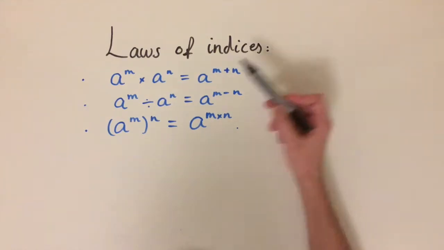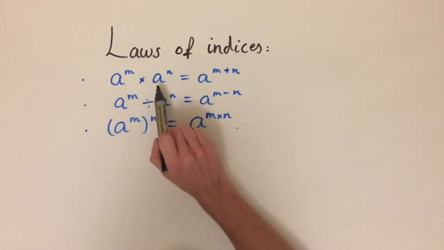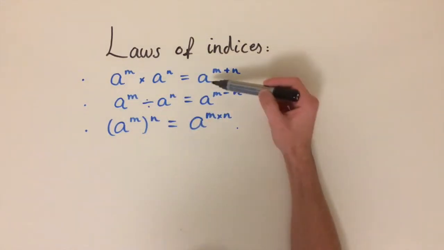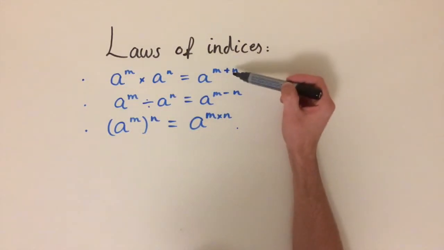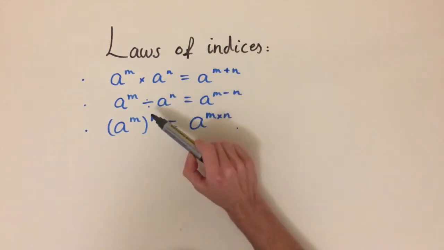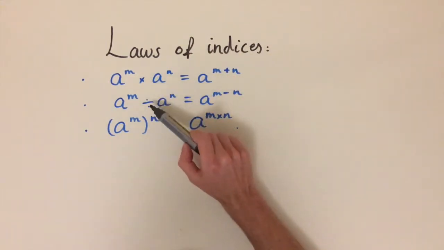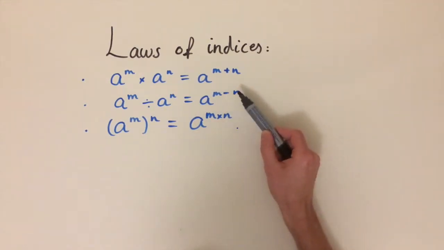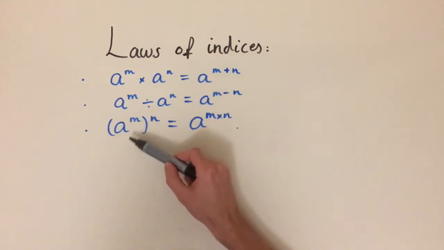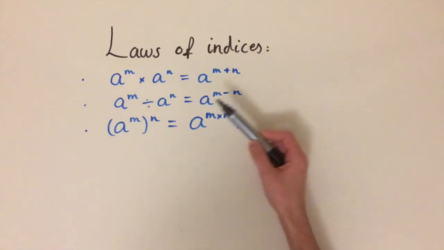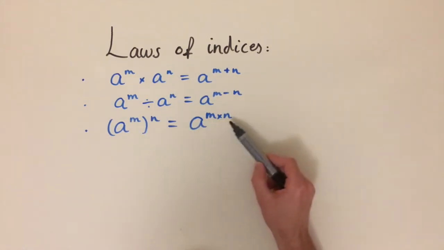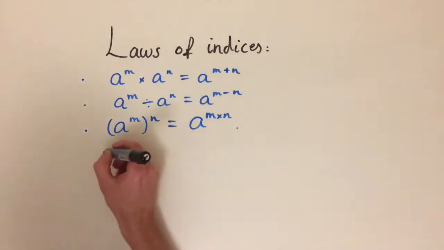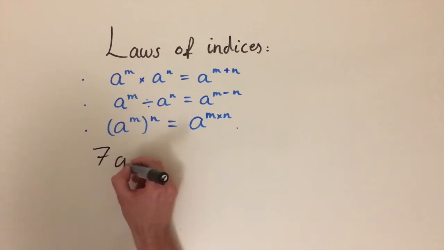So these basically say that if you multiply 2 numbers with the same base raised to 2 different powers, then this is the same as adding the powers to that base. And if instead you replace the multiplication by division, then this corresponds to subtraction in the indices. And finally, if you raise an index to the power of another index, then this is the same as multiplying the 2 numbers together. So I've got a few examples to go through, and the first one is